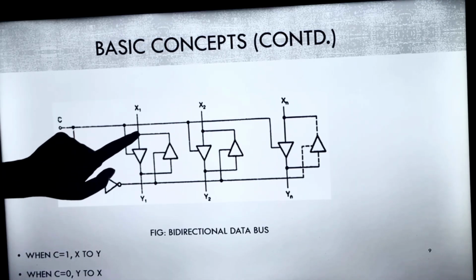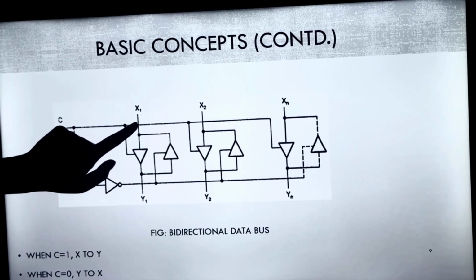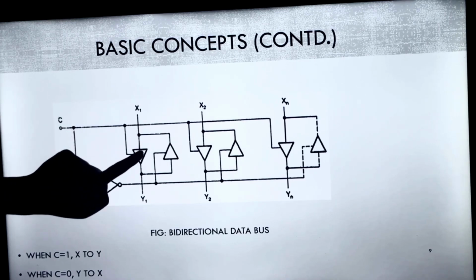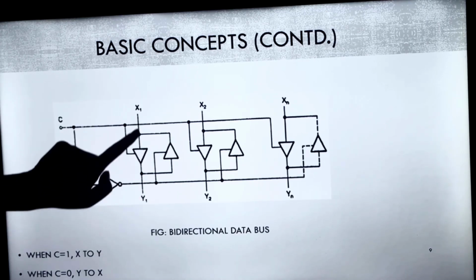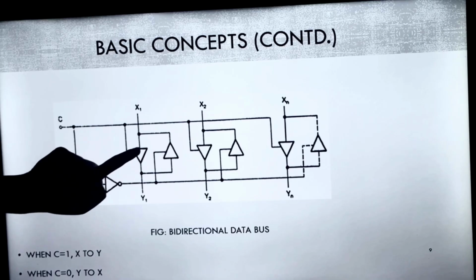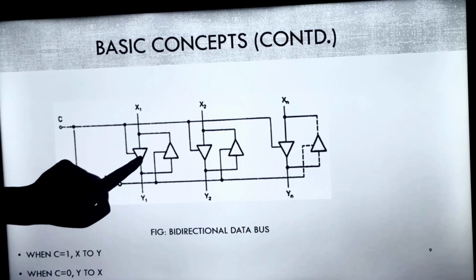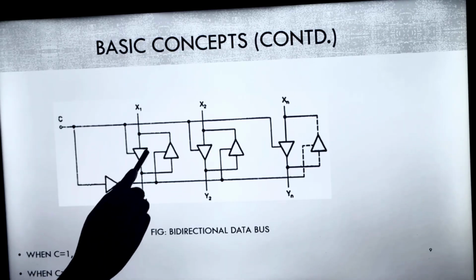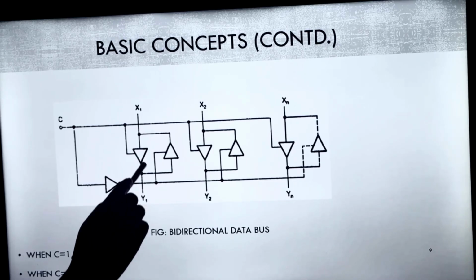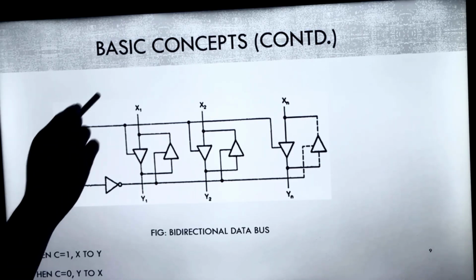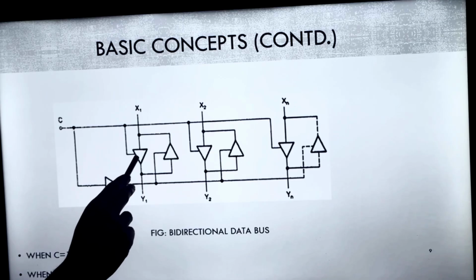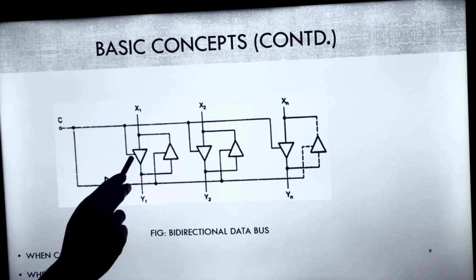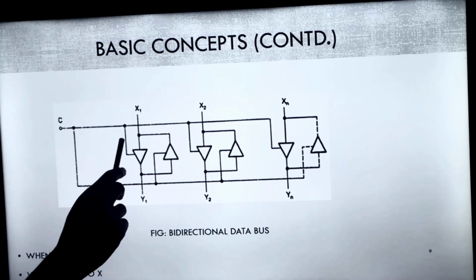So what I will do? I'll put a block like this, right? I'll put a wire like this from x to y, a simple wire. But in between I have a tri-state buffer. What is a tri-state buffer? In digital systems you must have gone through it. A tri-state buffer is nothing but again like a switch. If the tri-state buffer input is 1, then only the transfer will happen. If it is 0,